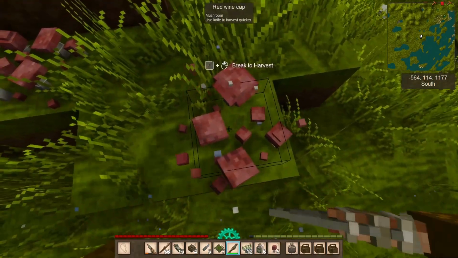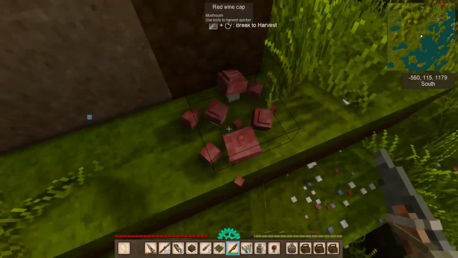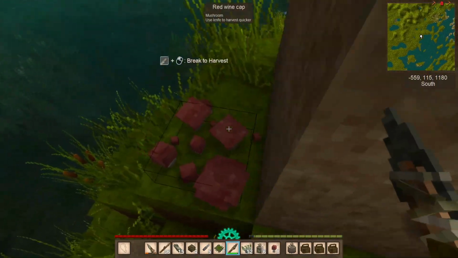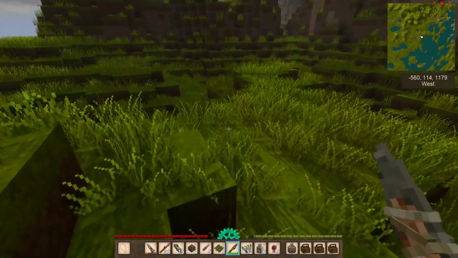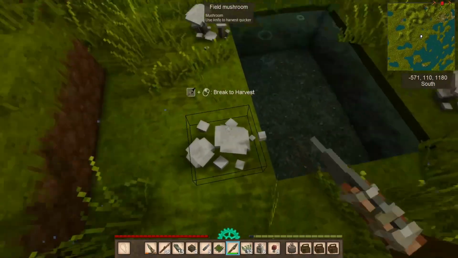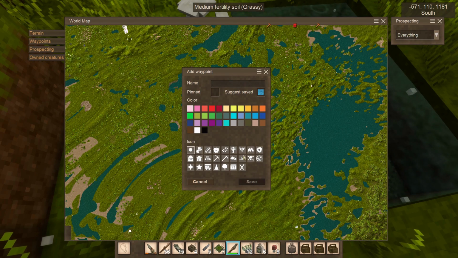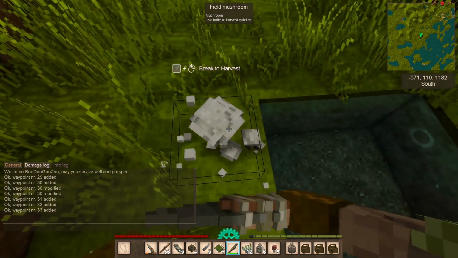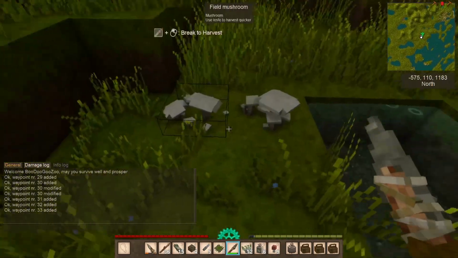There's a lot here. I need to put a vessel or 2 underground so I have a little bit better food storage capabilities time-wise. Look at all this. Look at all these mushrooms. I think I'm gonna mark mushrooms here. Here we go. There's a lot here, so I don't wanna...